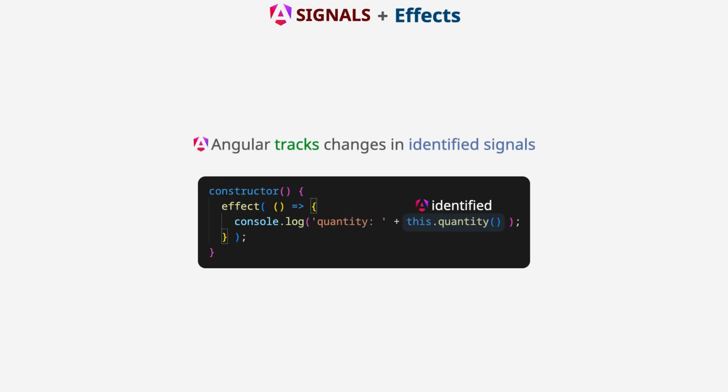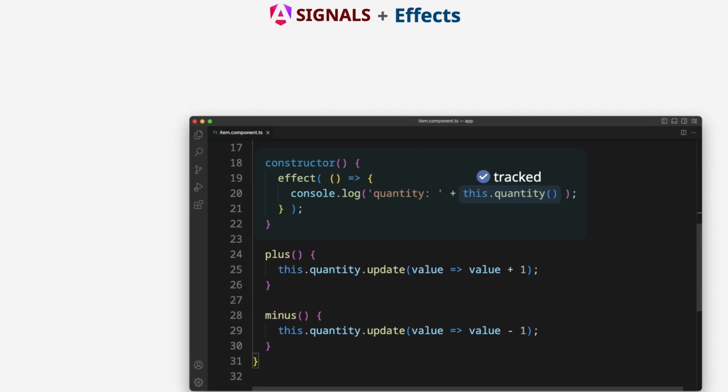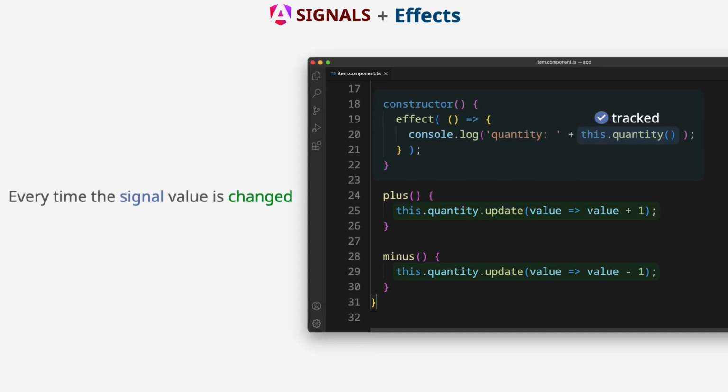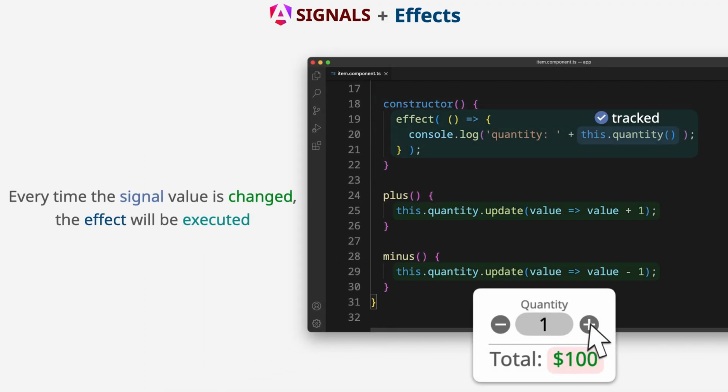Angular tracks changes in identified signals. In this example, only one signal is tracked. Every time the signal value is changed, the effect will be executed.